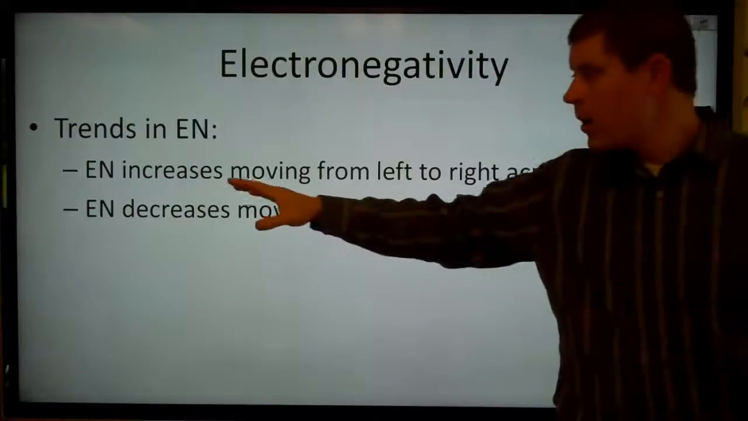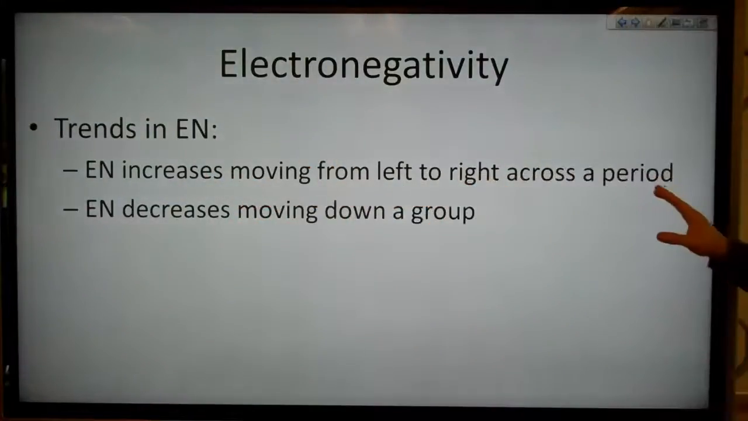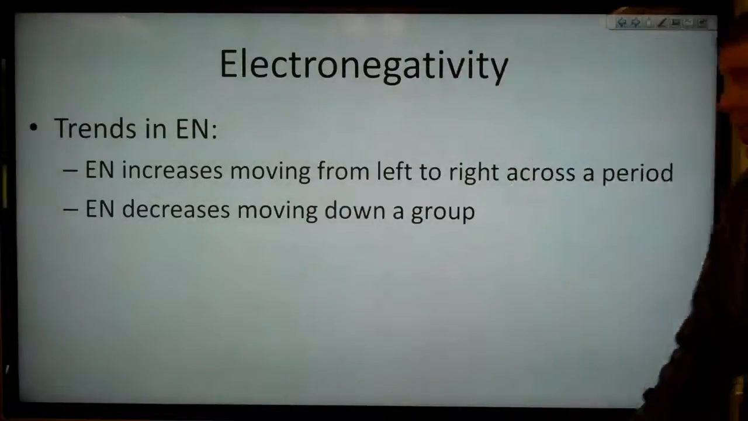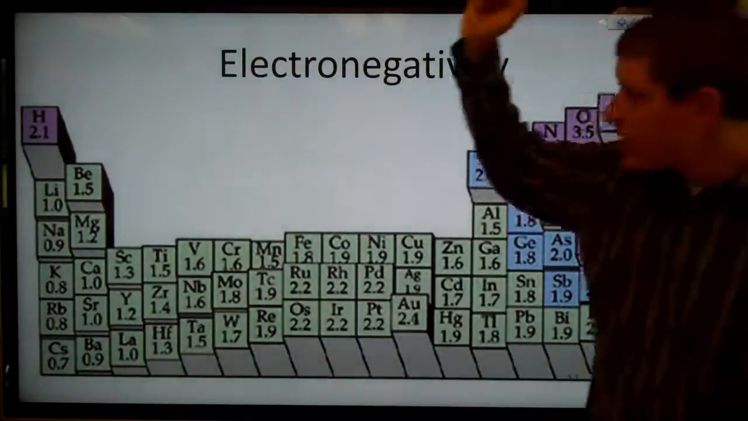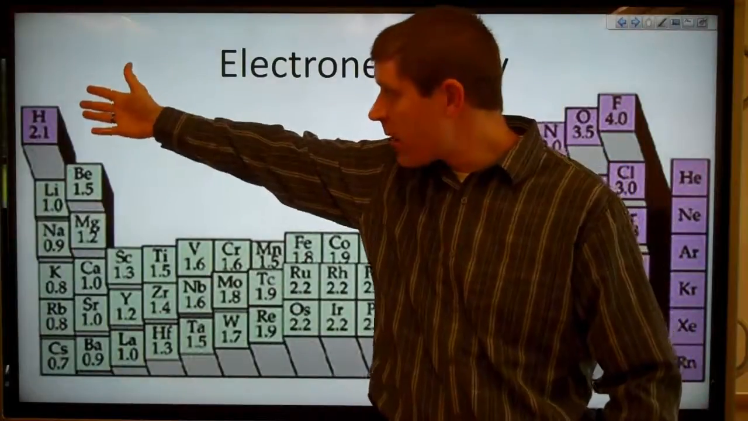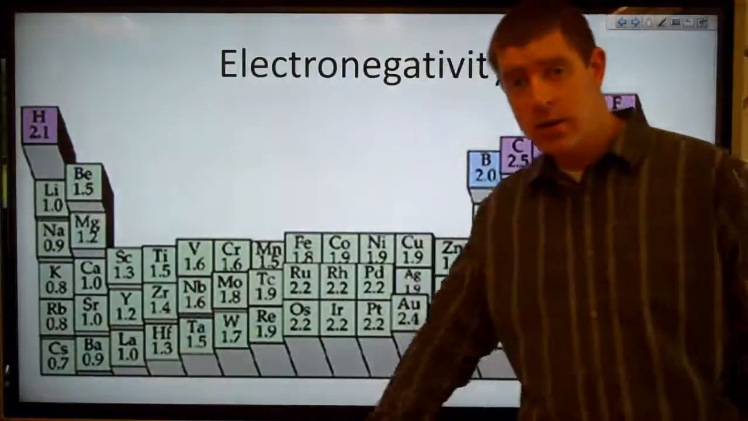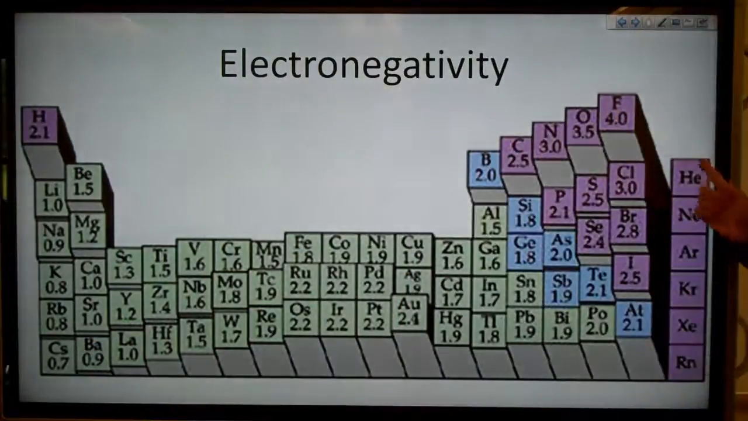So the electronegativity increases as we move from the left to the right on the periodic table, across a period, and it decreases as we move down a group. What that means is that at the top of any group, we have the most electronegative element within that group. So hydrogen is significantly more electronegative than lithium is, and the electronegativity decreases from there. As we move from hydrogen to helium,